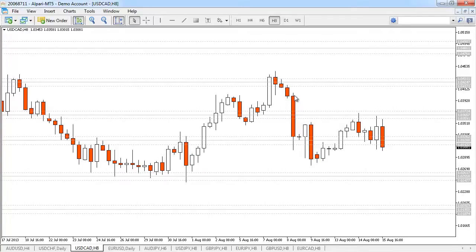So that's what I use for entries. I use the high or low of the indecision candle, or I use a psychological level that's nearby, and sometimes I'll wait for retraces. It's a pretty straightforward way to enter trades, but what we're essentially looking for, and this is what you always have to keep in your mind,